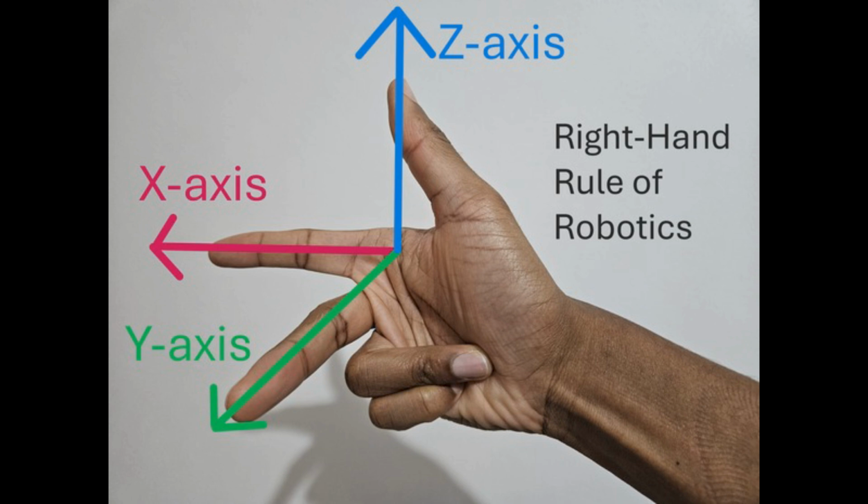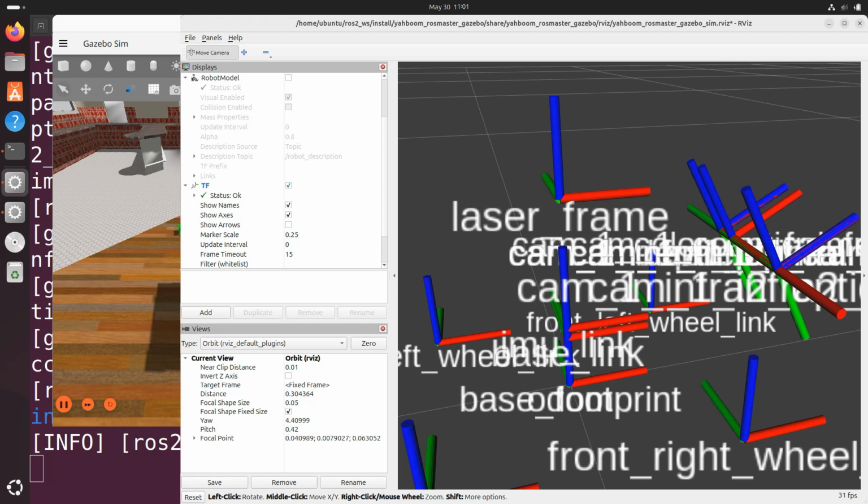That's the right-hand rule of robotics. Very important. You're going to encounter this rule again and again throughout your robotics career. So memorize it, tattoo it to your forehead, tattoo it to your arm. Very important. As a friendly reminder, if you ever want to see the hierarchy of coordinate frames for your robot